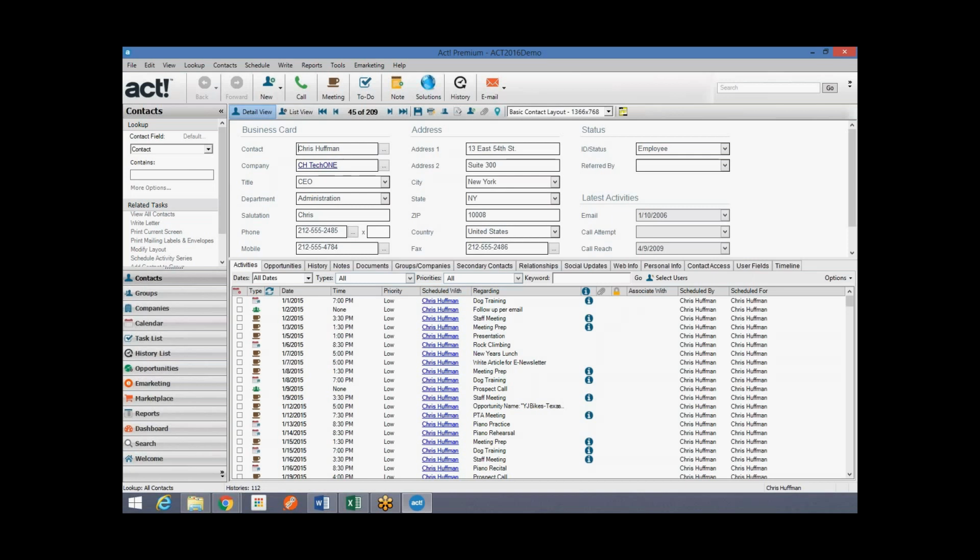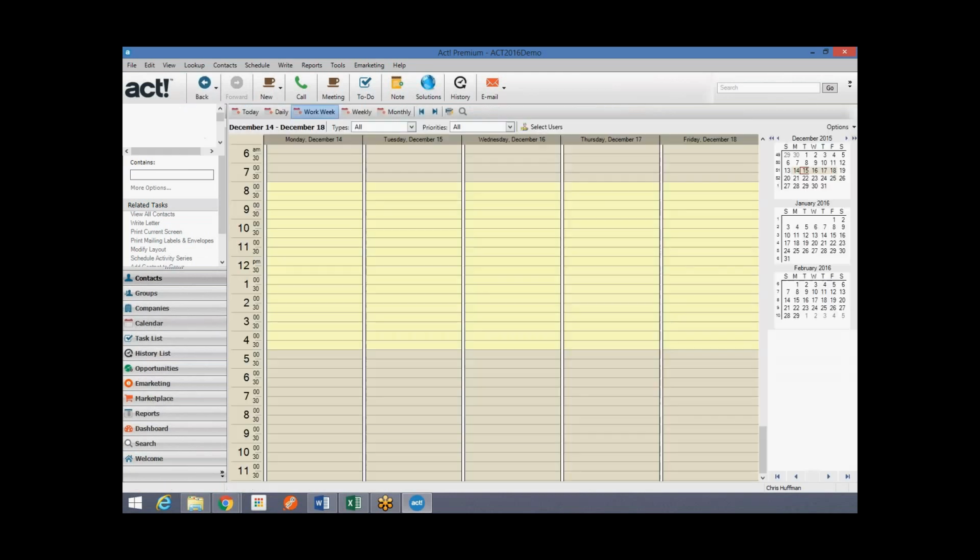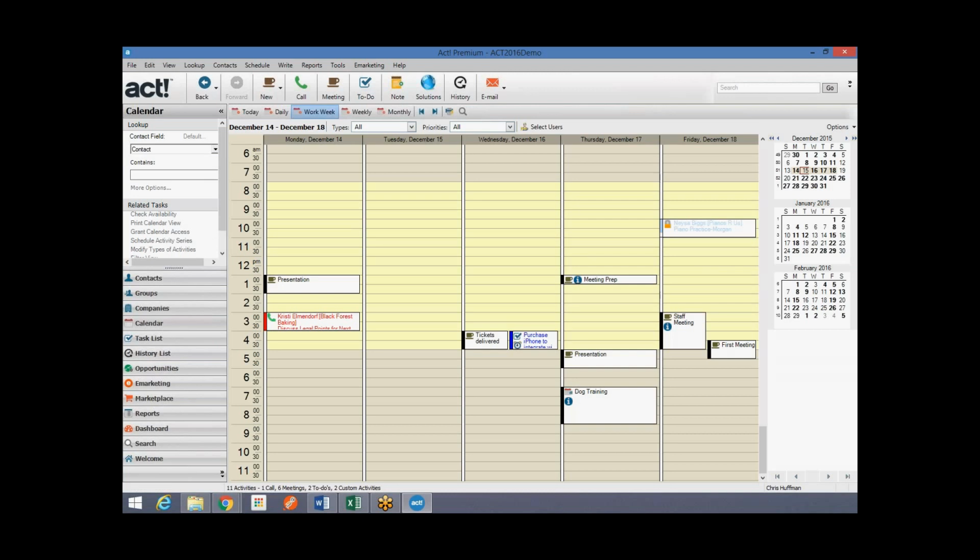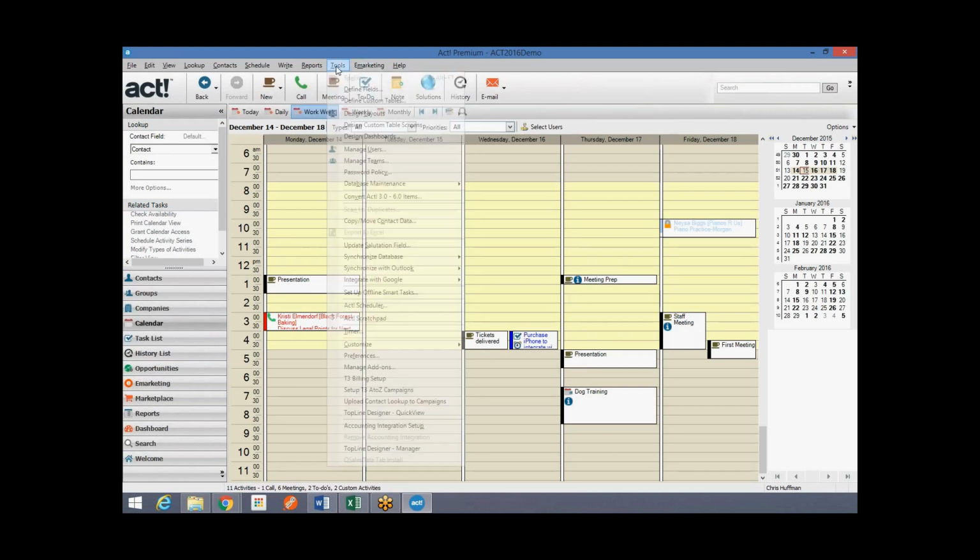So here's ACT v18. You'll see the desktop client looks amazingly the same. Some stuff is blue. And that's about all I can say about it. They're doing some small things in the background to push more and more of the preferences to the database. I'll talk about that for just a second. But if I go to Tools,